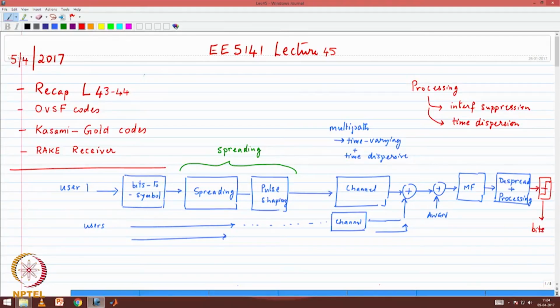At a high level, I do not want you to miss where exactly the spreading and despreading operation is. What we have been studying deals with spreading and despreading operations. These operations do not require you to know the channel, but you need to be able to synchronize, because spreading and despreading must be applied at the correct points and in a synchronized manner. Now, these two operations, interference suppression and time dispersion compensation, so some form of equalization,